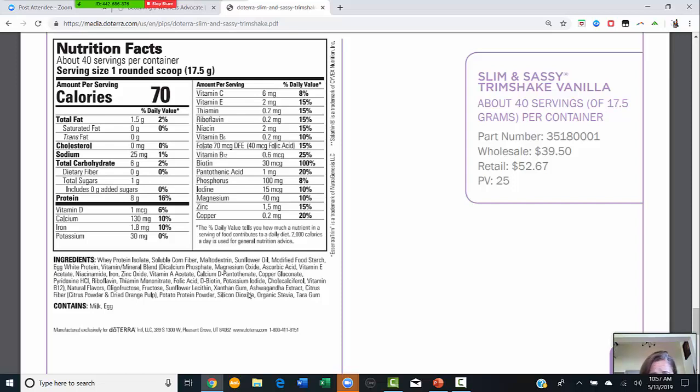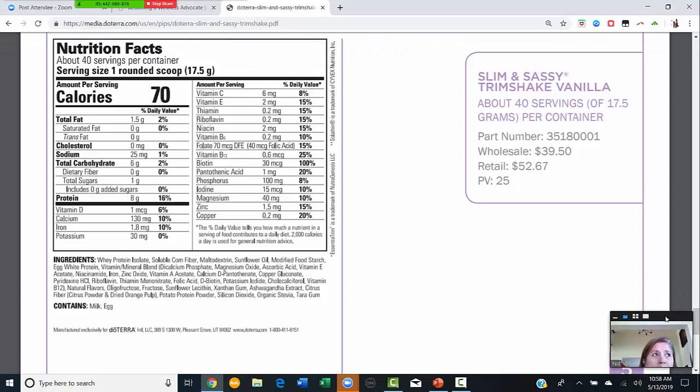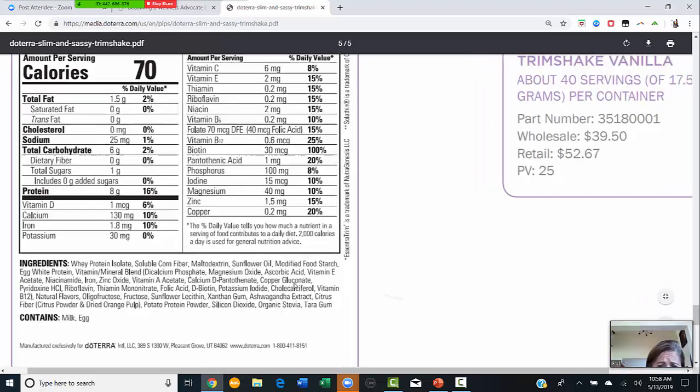So copper gluconate, that would be a sugar, or some kind, because it's a gluconate. Riboflavin, thiamine, folic acid. Oh, I did not know it has folic acid, and that's actually good because I remember having to try to eat a lot of folic acid. That's what the fish has, and that's what my doctor used to have me eat in order to not have brain defects when you're pregnant. So that's really good. I did not know it has folic acid, D-biotin, potassium iodide, collagen, sulfur, I don't know that,